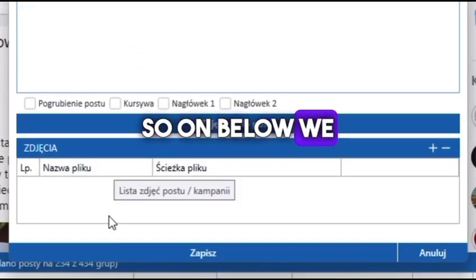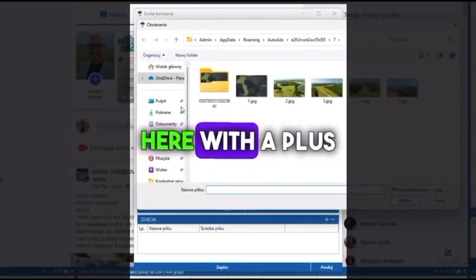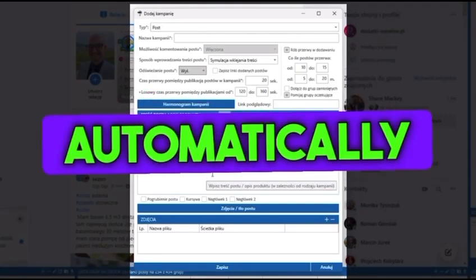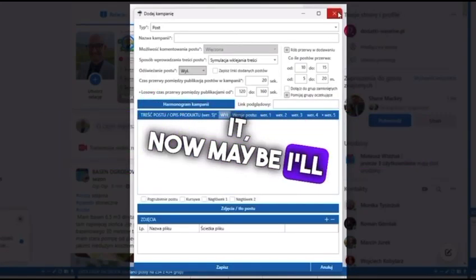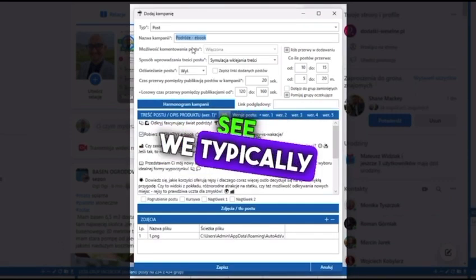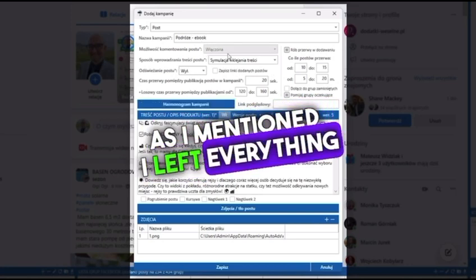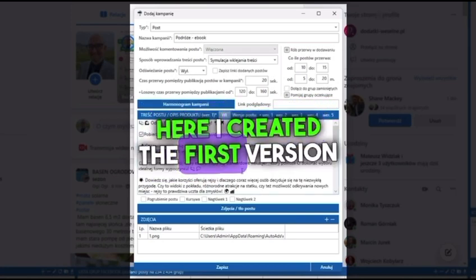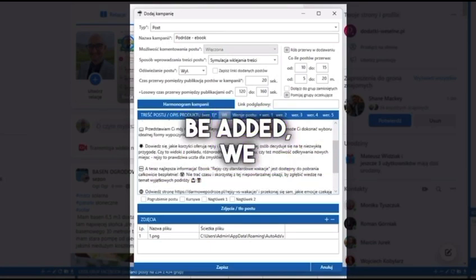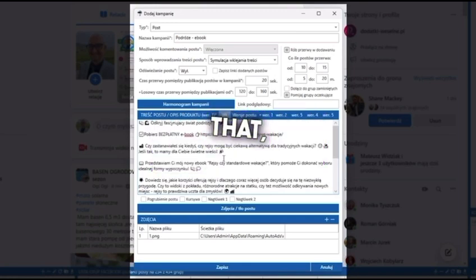and so on. Below we choose a photo or a few photos here. We do it by clicking here with a plus, and we just choose a photo from our computer. Then the bot will be automatically adding it. Now maybe I'll show an example post that I have made. Let it be here. As we can see, we typically can say a title that I only see here. As I mentioned, I left everything as it is. Well, here I created the first version of such a post. Of course, all emoticons can be added. We can copy, and all of them are readable, so there is no problem with that. We can add our